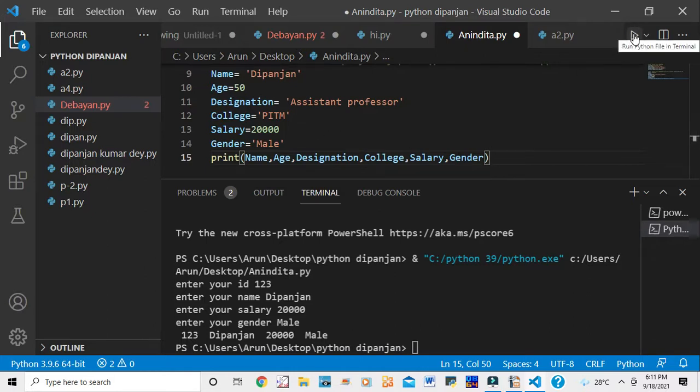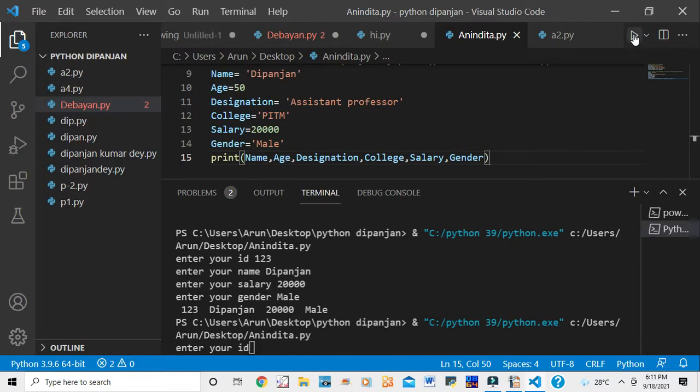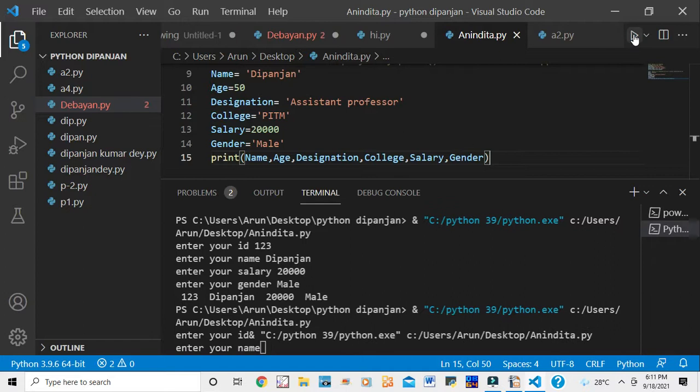This is the run option. I want to run this program. I am just pressing the run button. You see, the program has run.